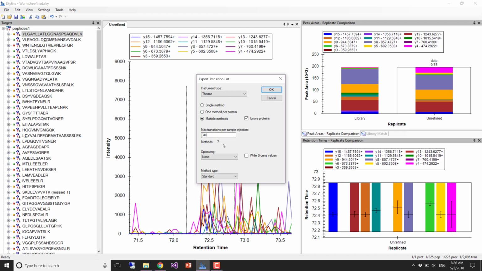Thermo again, fine. Yesterday, we ran some runs where we had 340 transitions per injection, and that would give us 7 methods. Skyline's telling us if we had 340 transitions, it was 7 methods, and if we... I think what we had was 59. Yeah, so if you type 59,